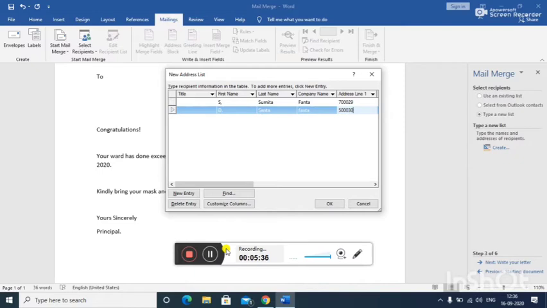While entering, you can leave some fields blank, like you can also leave this field blank. You can leave any field blank. To add details for another recipient, click on the new entry button here, okay? In the dialog box, see, this is the dialog box, here is the new entry button. You can click on the delete entry button to delete this entry, or click on this entry and then the delete entry button. After you have added information about the recipients, click on OK in the dialog box.